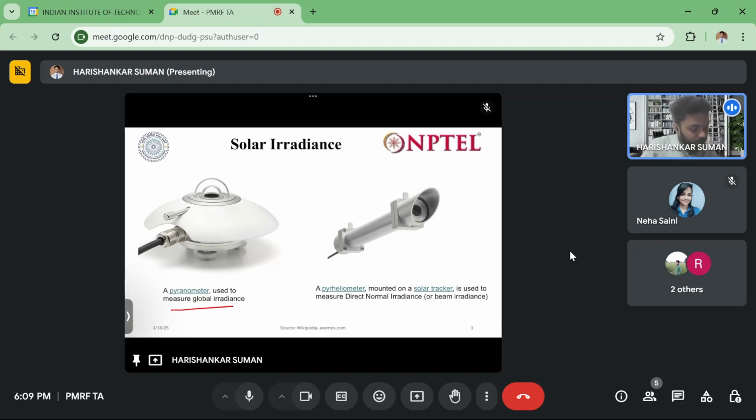So these are two: the pyranometer, used to measure global irradiance, and the pyrheliometer, mounted in a solar tracker, used to measure direct normal irradiance. Okay,